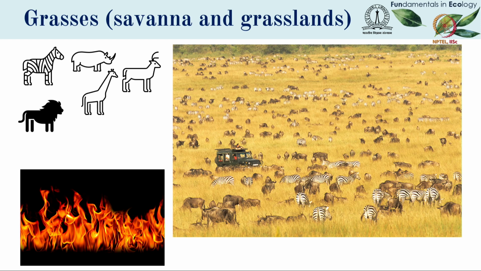So if you look at pictures of the savanna, for example, this one from the African savanna, they are full of animals that can eat and digest grass. So here the consumers are fairly large in body size. They are in fact much larger than the plants they are eating, unlike the forest where the insects were much smaller than the trees and the leaves they were eating. And the predators are also very different. Here you have lions and wolves and whatnot. And what's left over in the annual cycle can also burn, so you can have fire in grasslands and savannas as well. This also returns material from biomass into the atmosphere.